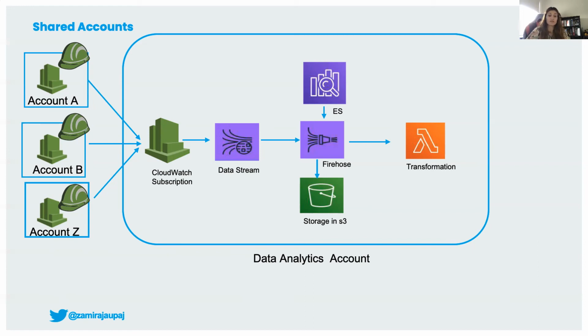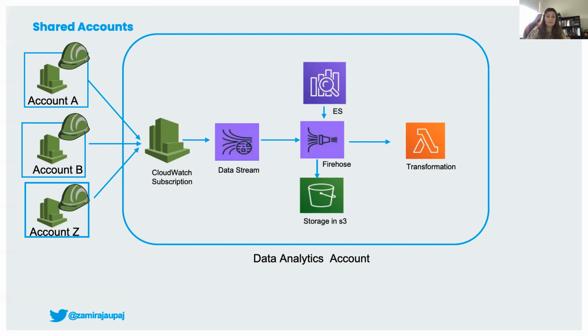Let me explain how this workflow works in real time. Kinesis Data Firehose is created to deliver log data from the data stream to an Amazon S3 bucket for debugging purposes and Amazon Elasticsearch for analytics purposes. However, you can decide to have different destinations. Kinesis Firehose already supports a lot of destinations by default without writing any code.